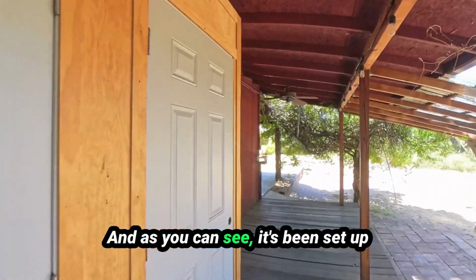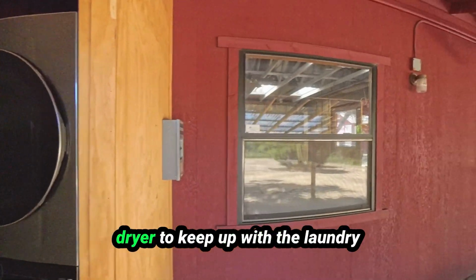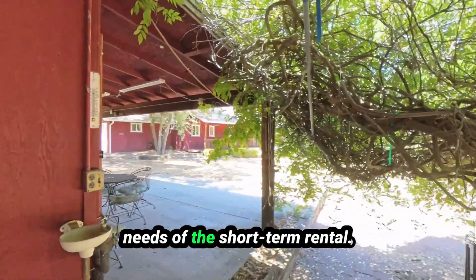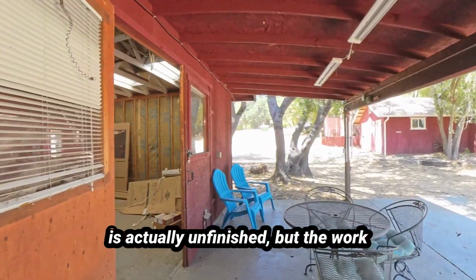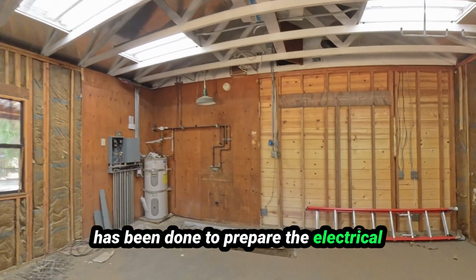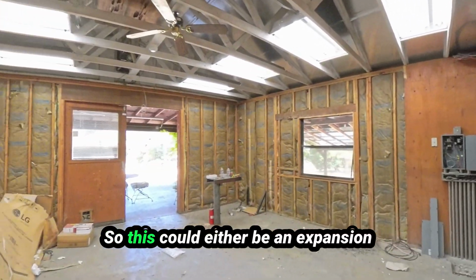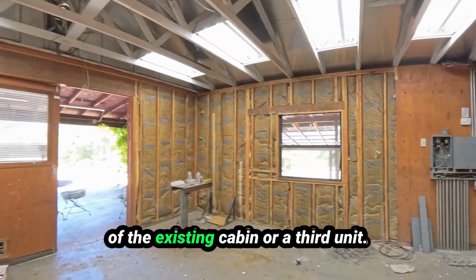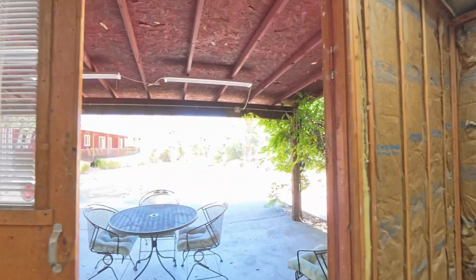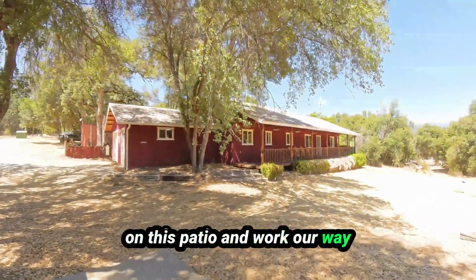And as you can see, it's been set up with extra high capacity washer and dryer to keep up with the laundry needs of the short-term rental. And then on this end of the cabin, this is actually unfinished, but the work has been done to prepare the electrical and tie into the plumbing and septic. So this could either be an expansion of the existing cabin or a 3rd unit. There's a lot of potential here. So with that, we'll just step out on this patio and work our way to